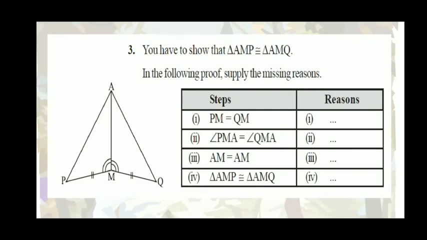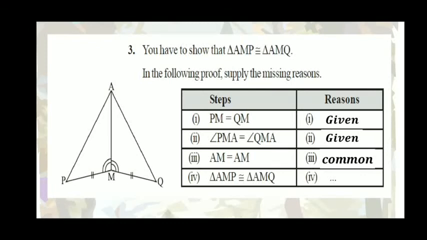Now in question number 3, you have to show that triangle AMP and triangle AMQ are congruent, and you have to use the following steps for the proof. Now here to give missing reasons, you have to give reasons why they are equal. PM and QM, why are they equal? Because they are given, it's already shown with the similar marks given here that they are equal. And angle M, here we could see adjacent angles, that is why full names are a must. That is angle PMA and QMA are equal. Again similar markings are given, therefore the angles are equal here.